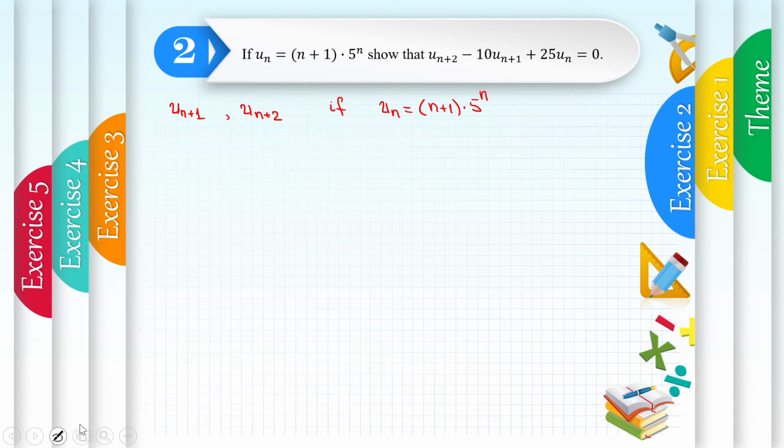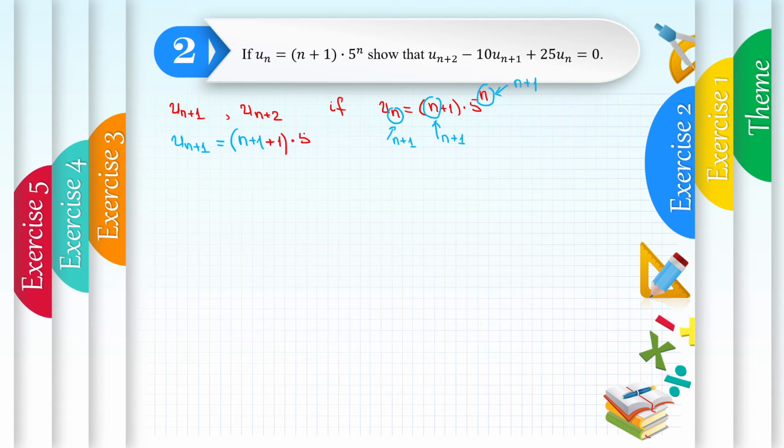So first let's start with the formula for un plus 1. This means that we are going to the general formula, and instead of n we are going to put n plus 1. So instead of this n, we'll replace n plus 1, and here also with n plus 1. So the formula for un plus 1 will be n plus 1 and plus 1